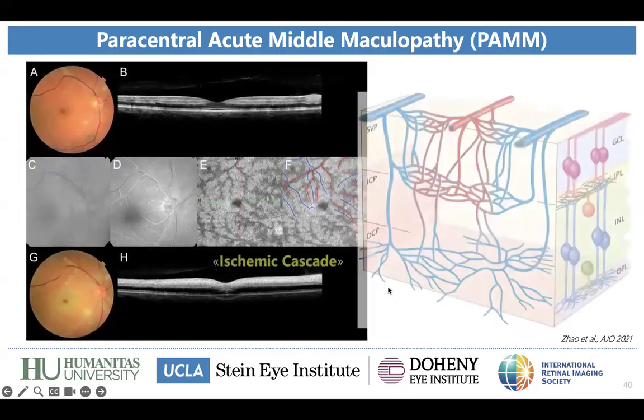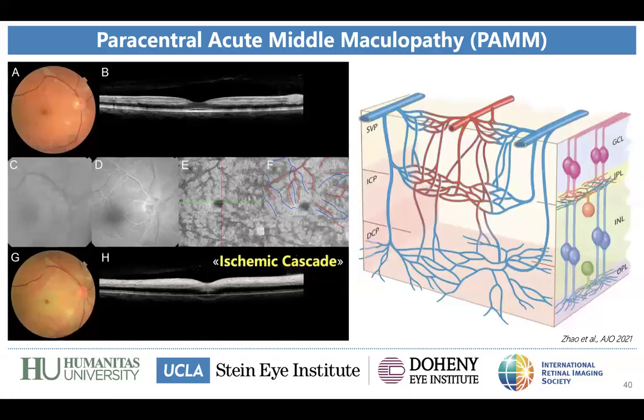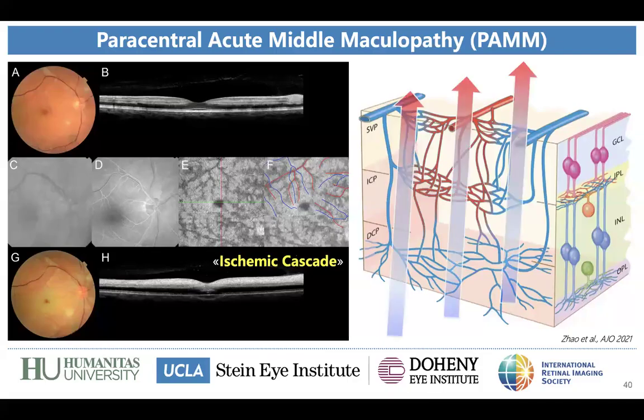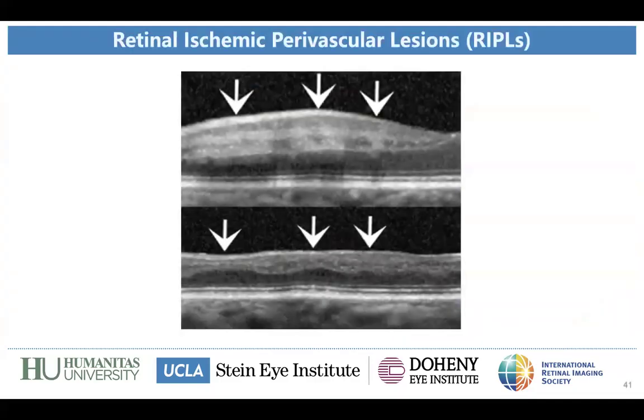This is an indication of the so-called ischemic cascade, which refers to the process where infarcts and ischemia progress from the deep capillary plexus vertically to the superficial vascular complex. It's also very important to understand which is the